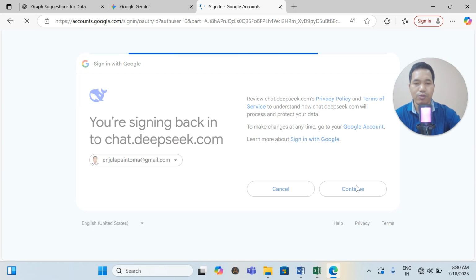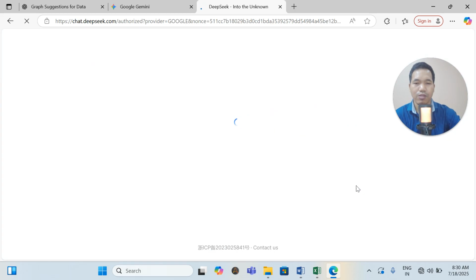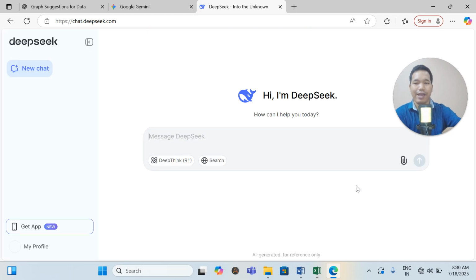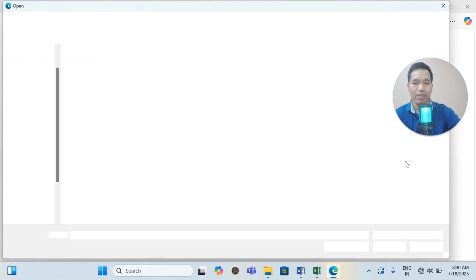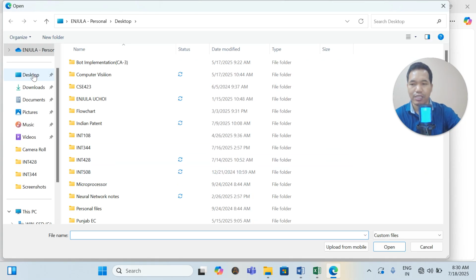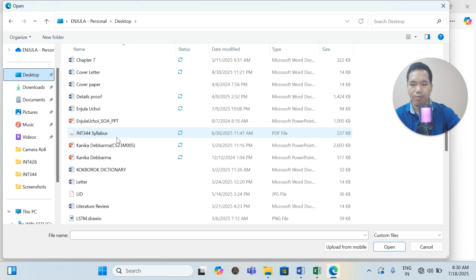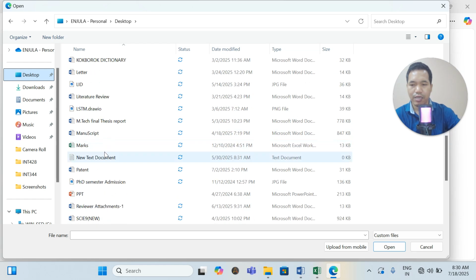So continue. Yes, good to go. Right. So here also the same thing you can use. See, there's an option here. You can attach any file. So I'm giving any file here. Since I already have it on the desktop, I'm uploading the same thing.